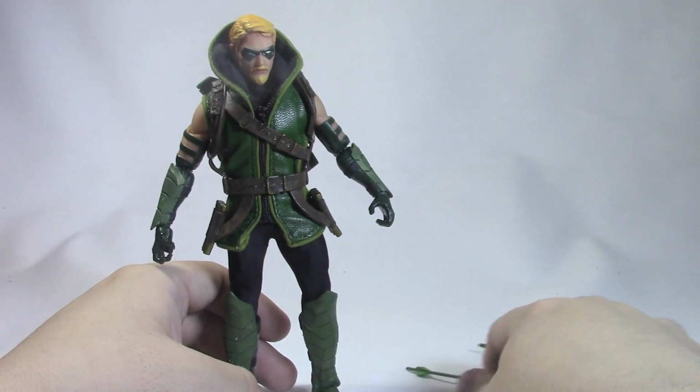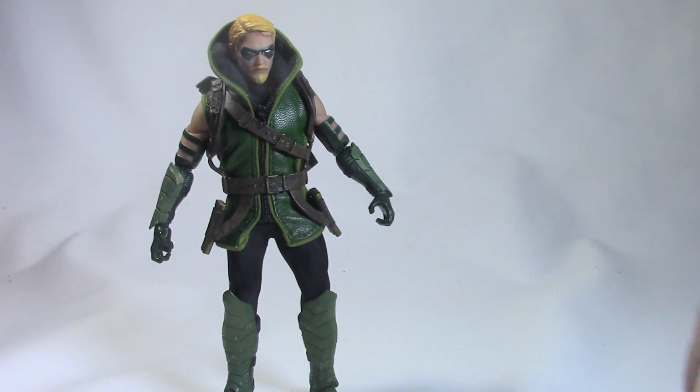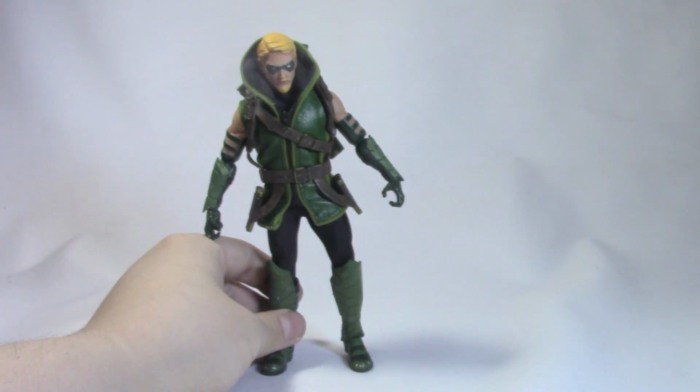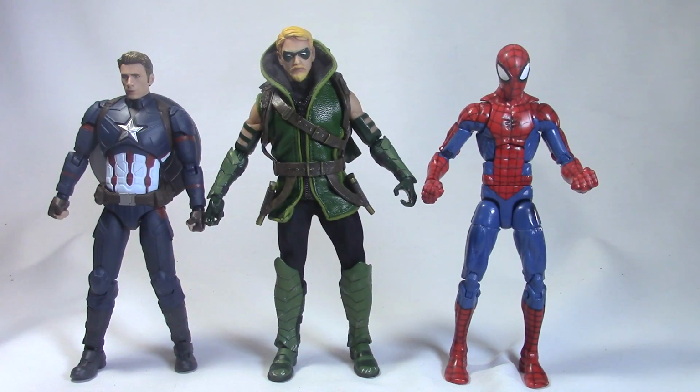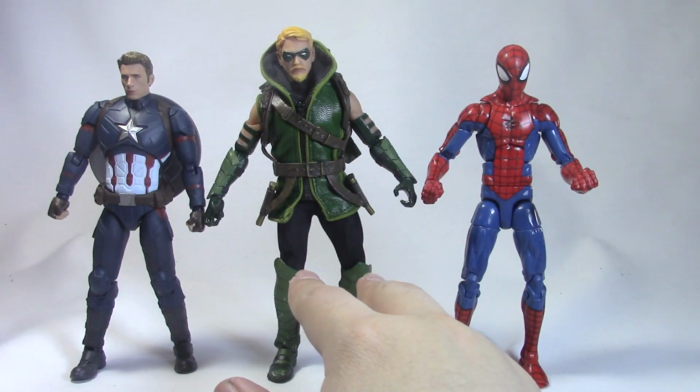Anyways, let's get on to some comparison with some other figures. I don't have a DC Icons figure with me, so I can't really do a comparison on that. So here we have Green Arrow standing next to Captain America S.H. Figuarts from Civil War and the Pizza Spider-Man. And I can understand the big difference between the Pizza Spider-Man and the Mezco figure, but